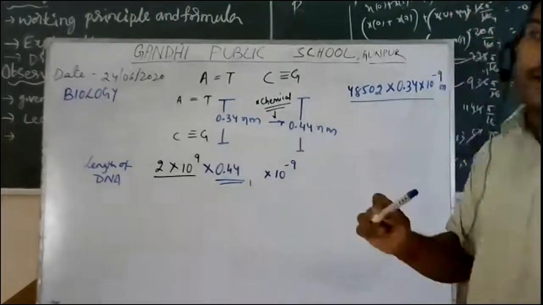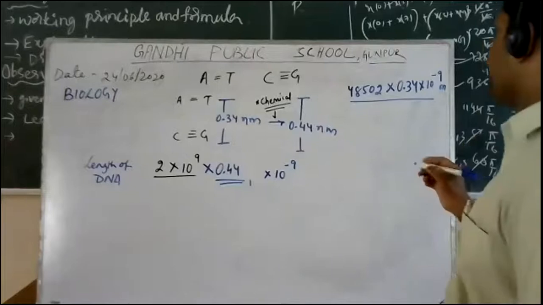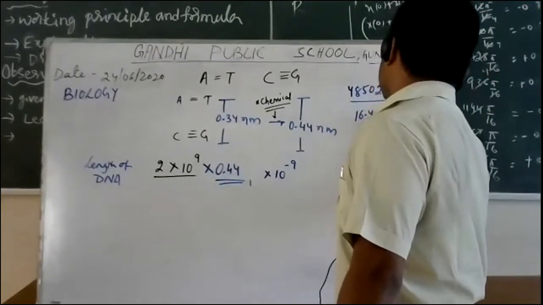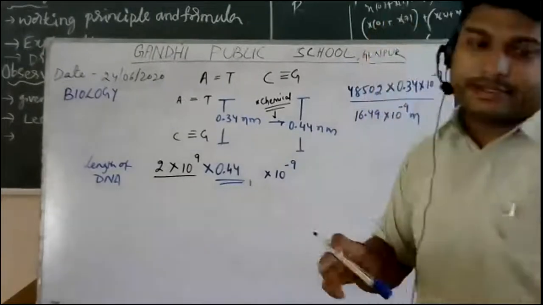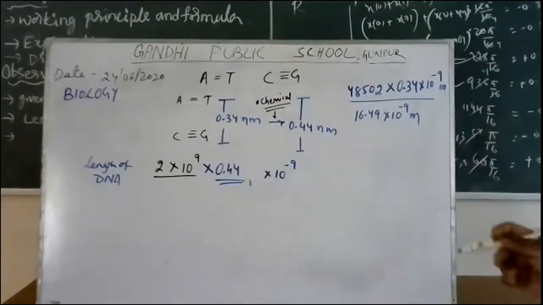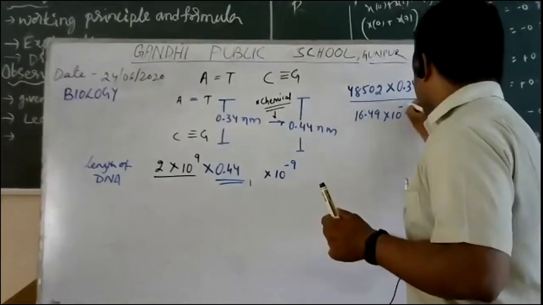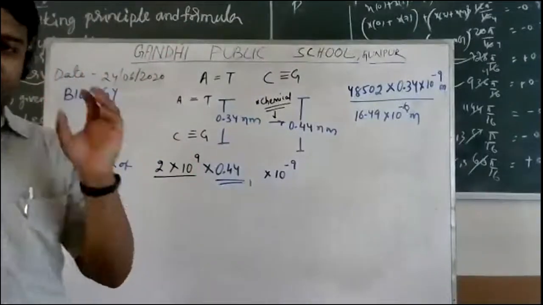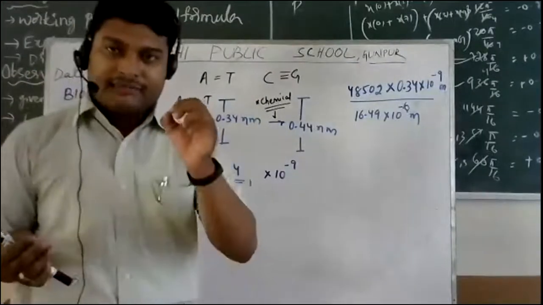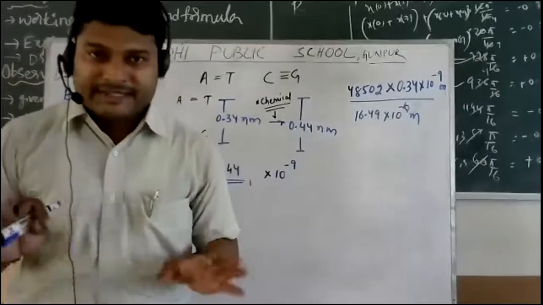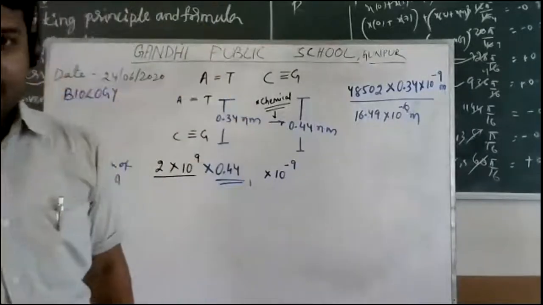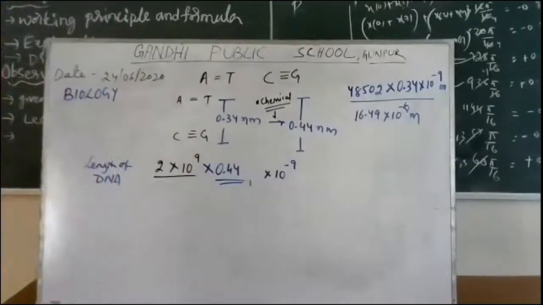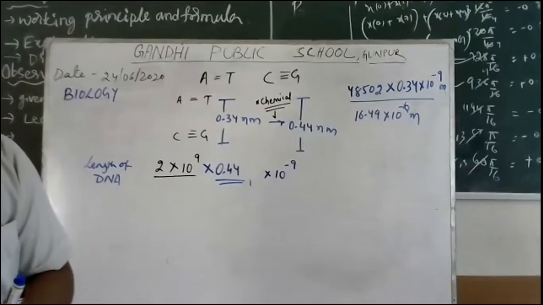And when we solve it, we'll get 16.49 into 10 power minus 9 meters. So that is minus 6, not 9, minus 6 meter. That will be the answer for this question. Simple. Try to find out what they're asking and whether they're asking in meters or not specifying anything. If they're asking in meters, multiply the entire thing with 0.34 into 10 power minus 9. That is going to give you the result. Okay, so let us go to the next question.